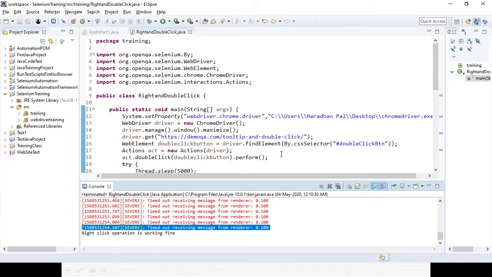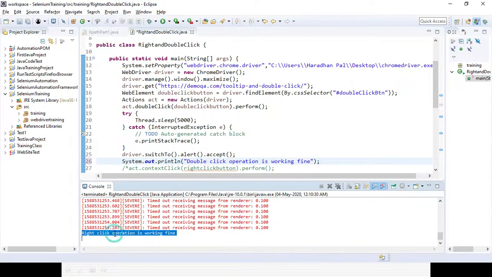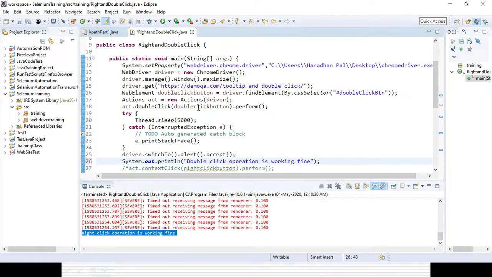It should be double click, but here I have written right click operation. Anyway, it will be double click. If you change it to double click, it will work. I have written right click operation, that is the reason the output is coming like that. So you need to change it to double click because I am using the double click method.